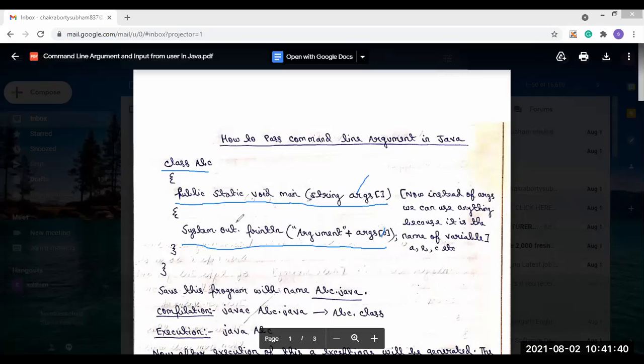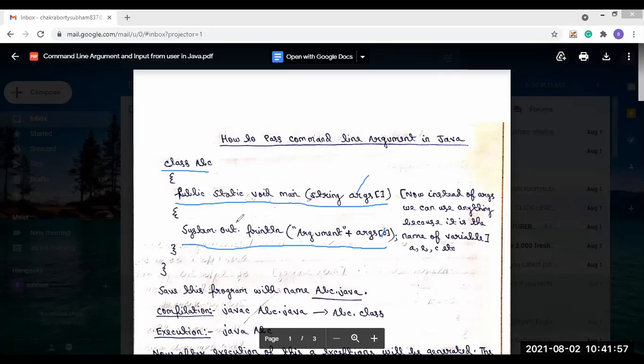I will show you the demonstration, so it will be clear what is going on. We already know that for saving the program .java is used, and for compilation we use javac, then the class name .java.